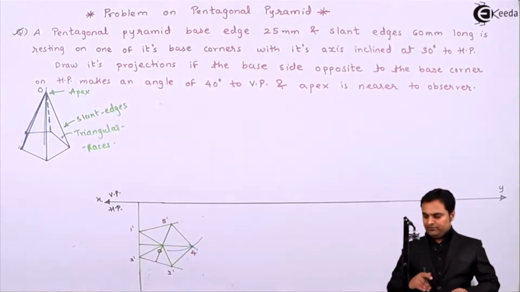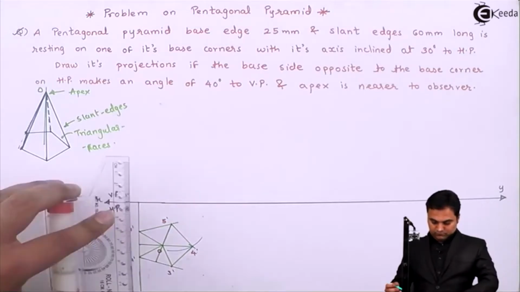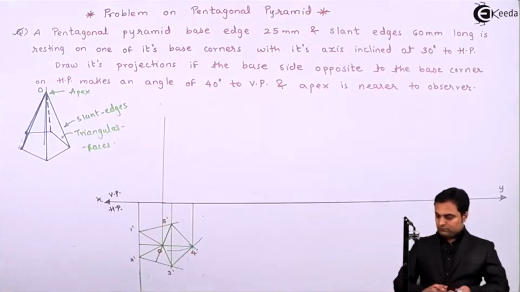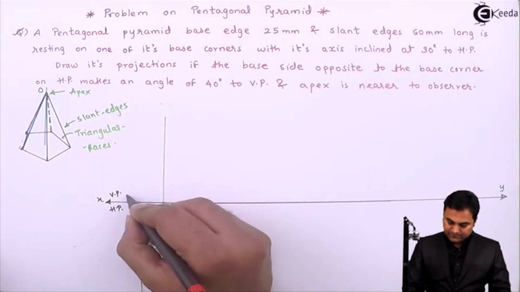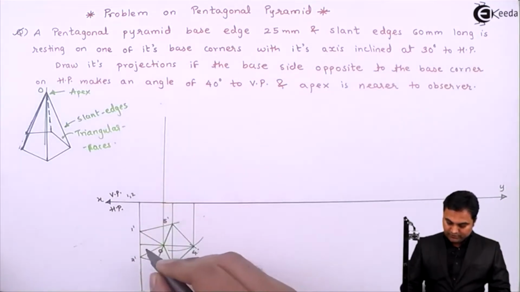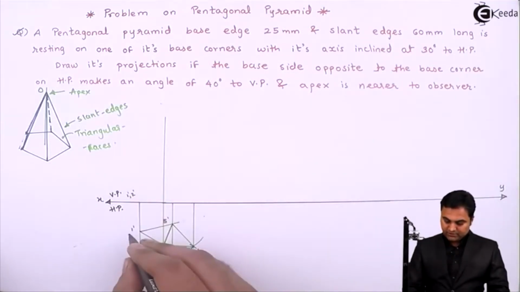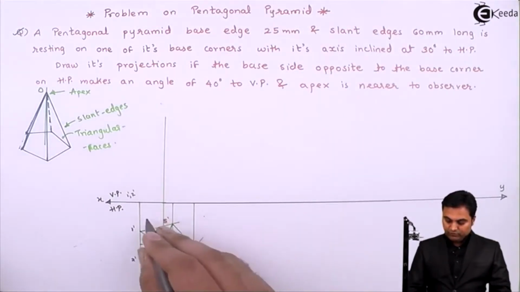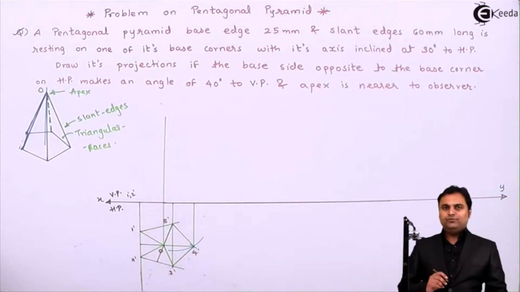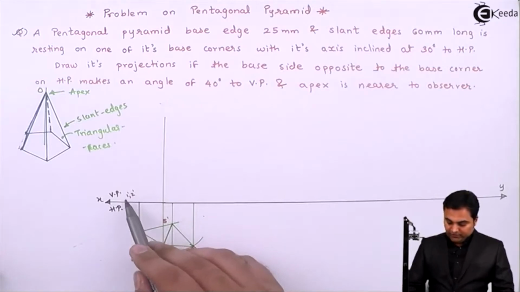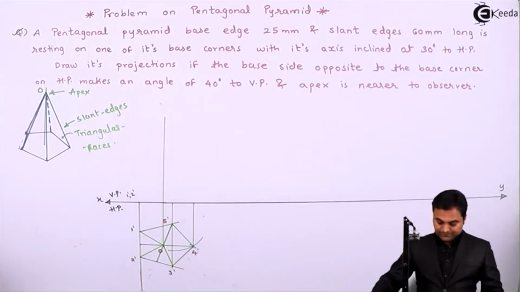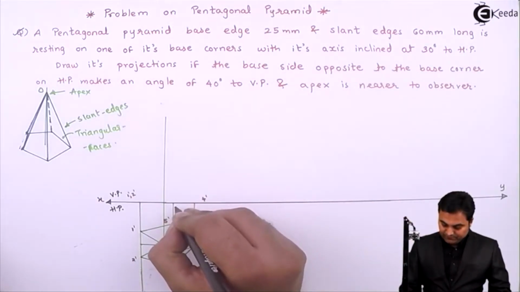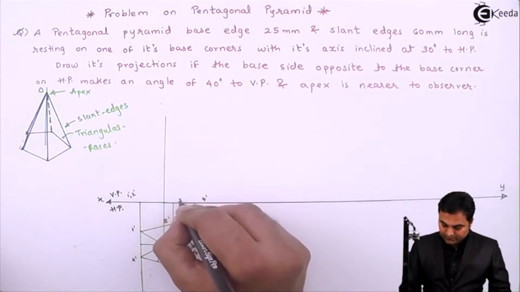Now I'll project it and draw the front view. Point 1 dash and 2 dash will give me 1 and 2. Actually, this is 1 dash 2 dash. Here the notations will be directly 1, 2, 3 and 4. No need of dash here because we are drawing the top view. Now in the front view we can give it as 1 dash 2 dash. Next, here this point will be 4 dash, and 3 and 5 will be here, 3 dash, 5 dash.